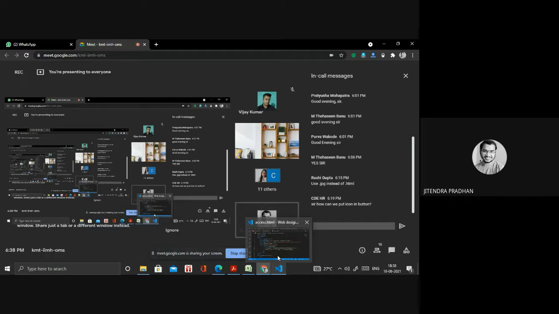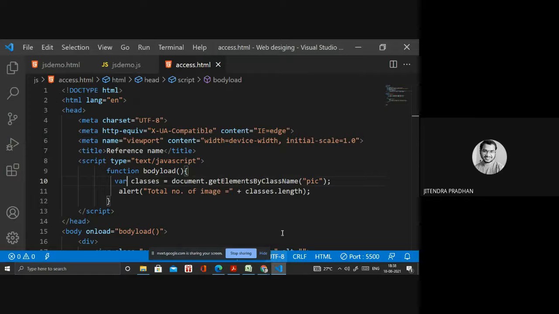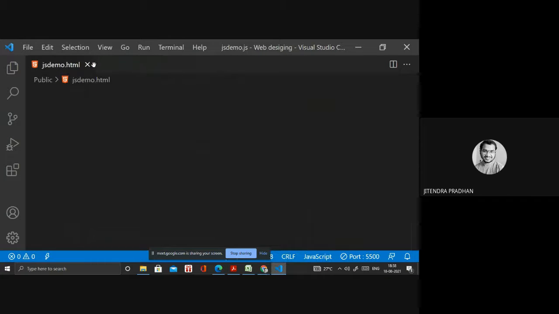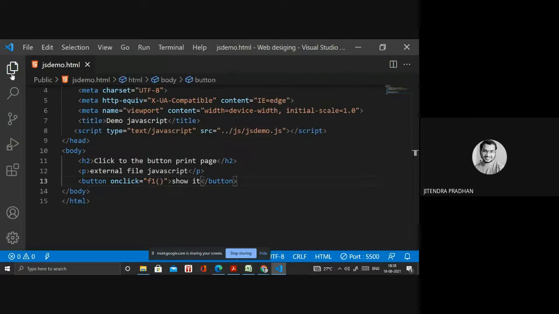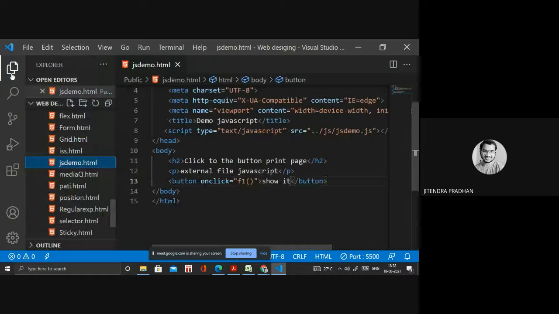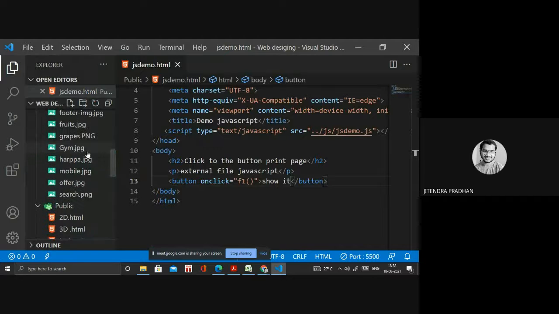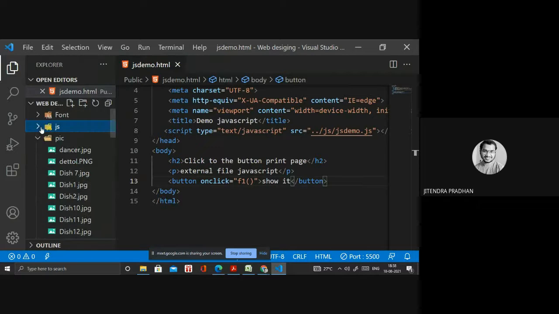So the first one is alert. Alert, I've already told you about that one. I will create another file inside that JS file. I will show you one by one.